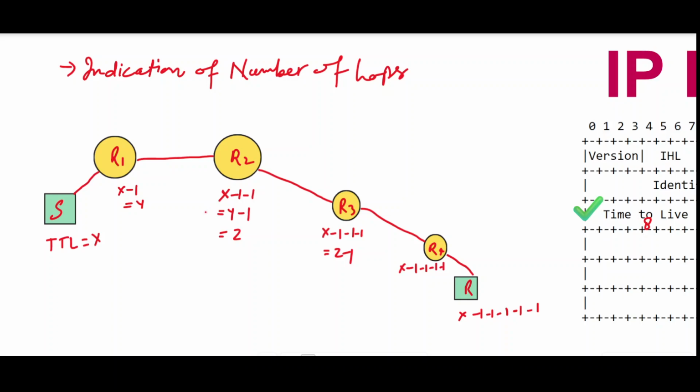Now, there are two purposes for TTL. The first one is to prevent packets from looping forever. That means if TTL is not decided, what will happen? A packet could be sent any number of times, and nobody can prevent it. Clear? So to prevent packets from looping forever in the network, if a packet were not to have a TTL,